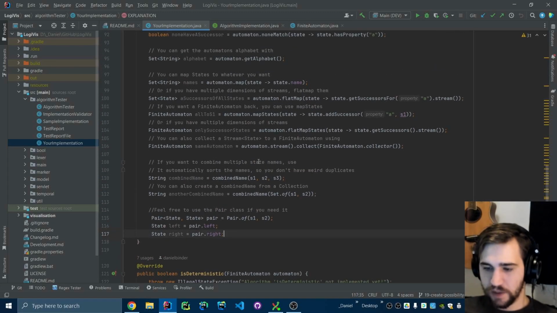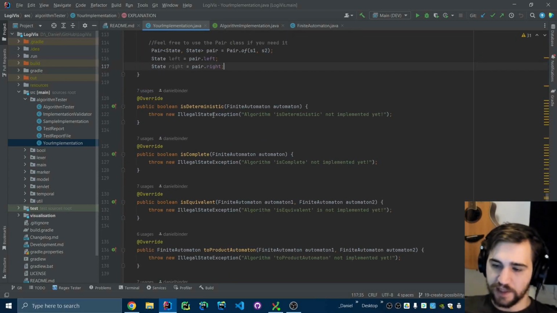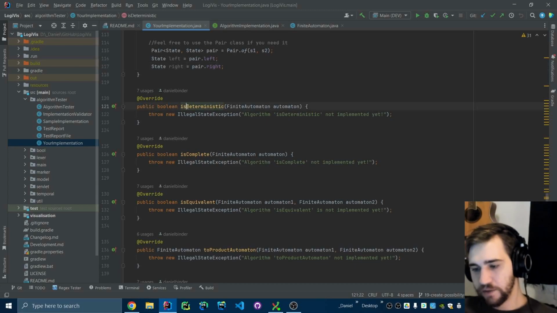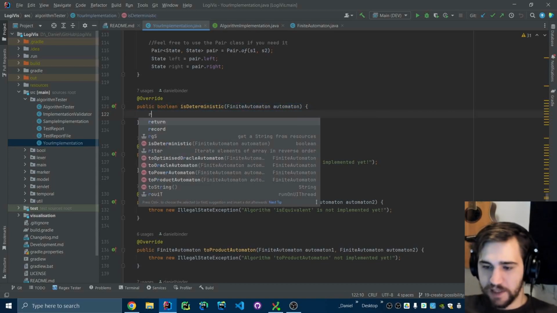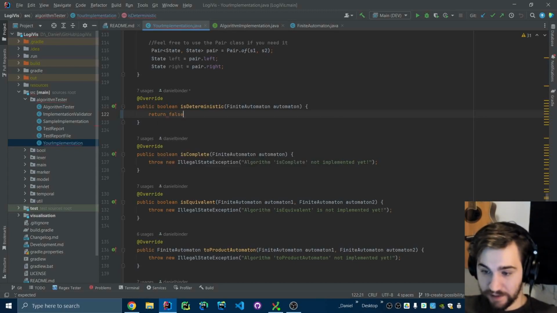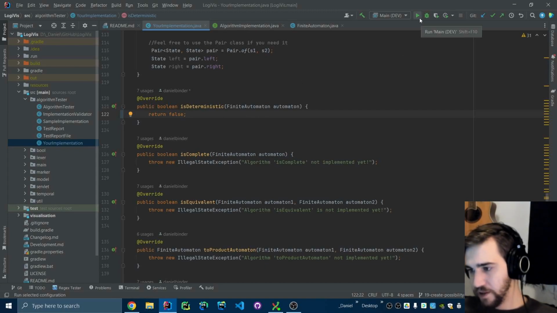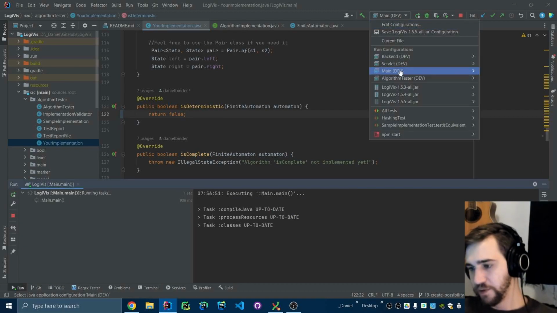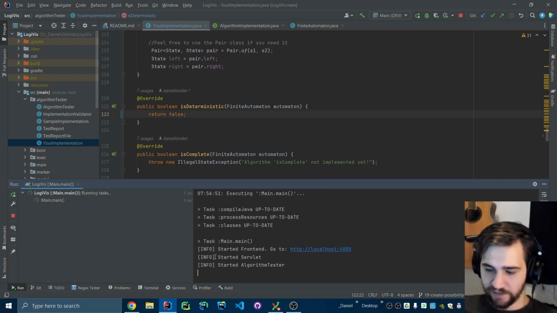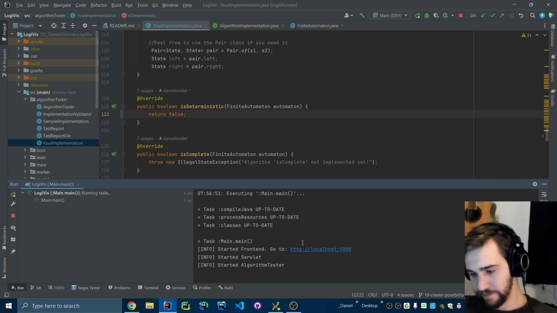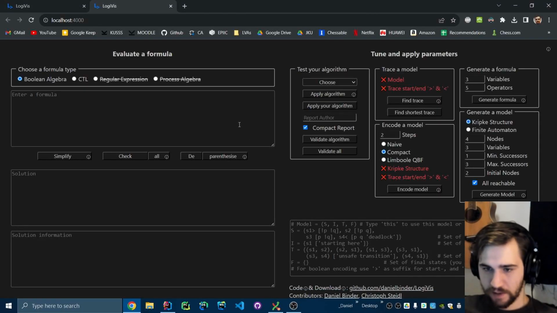So let's go down to the implementation. Right now you're seeing here that no algorithm is currently implemented, but let's say I implement a very clever is-deterministic algorithm, return false, and then we start the main run configuration. You can choose multiple configurations here, but I would for now advise you to stick with the main run configuration that starts the front end, the servlet, and the algorithm tester. So we click on this, close this,